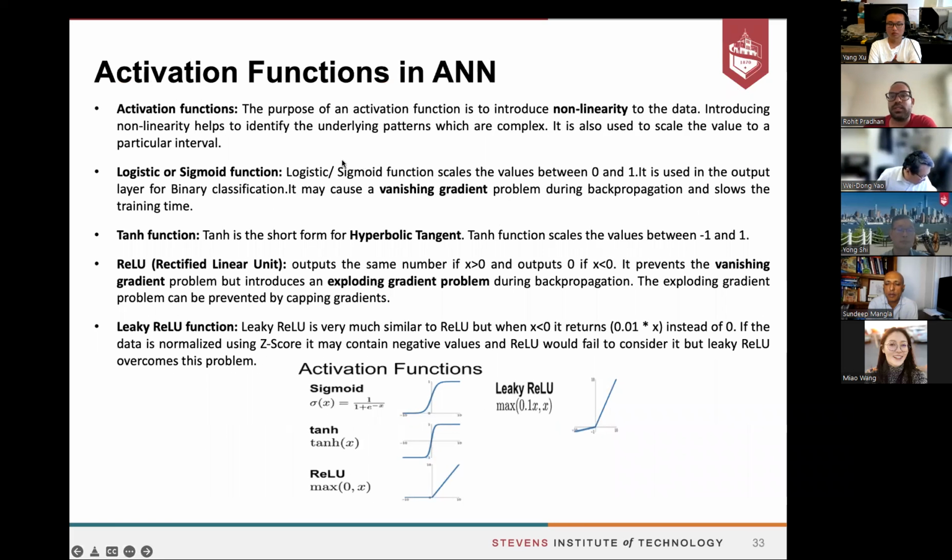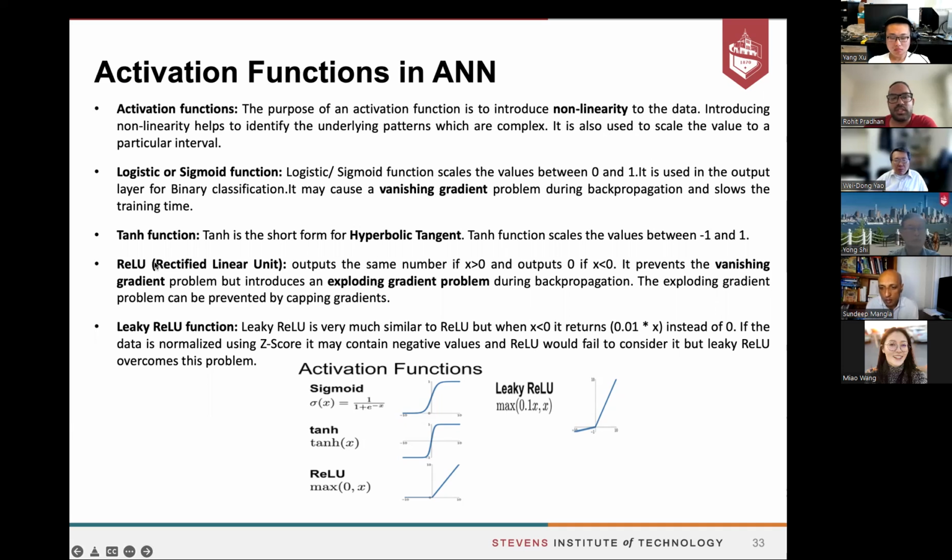So, the activation functions which we use. One is the logistic or the sigmoidal function. When we have data to classify with the help of an artificial neural network, we will use the sigmoidal function. Then we have the hyperbolic tangent, which is similar to the sigmoidal function, but it varies from -1 to +1, whereas the sigmoid function has a range between 0 to 1.